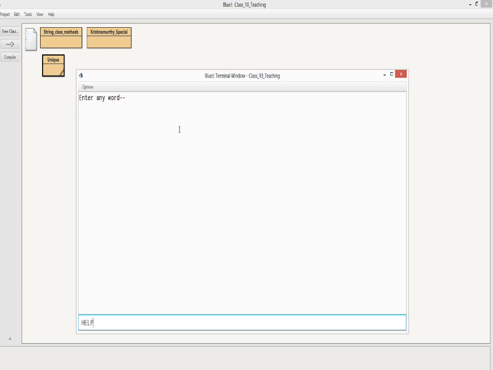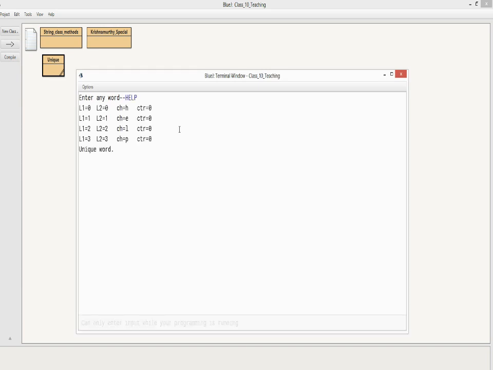As per the example, I'll give help. Now what comes out? Here you see all the letters are coming once, so their first index and last index are all the same, so the counter remains at 0. Once the counter remains 0, that means it's a unique word.